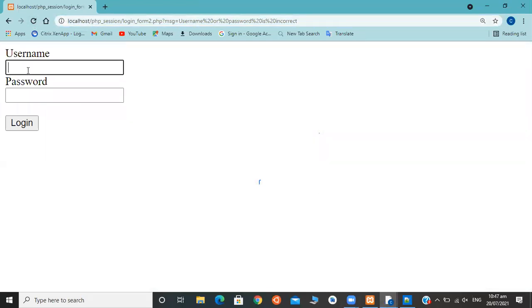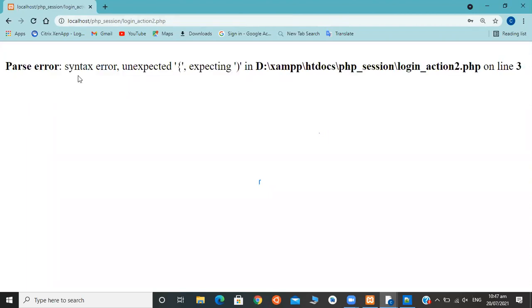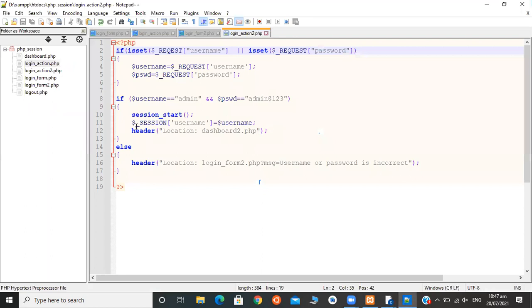If we enter any credential here, let's say admin and admin@123, it is redirecting to another page, localhost login php session login_action2.php, which we have assigned here in header location dashboard2.php. If we pass credentials admin and admin@123. And if we pass wrong credentials here,